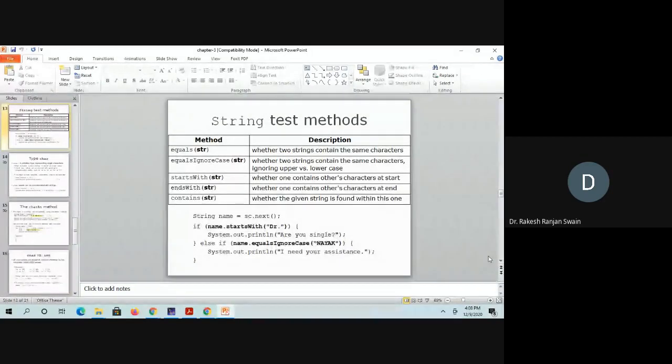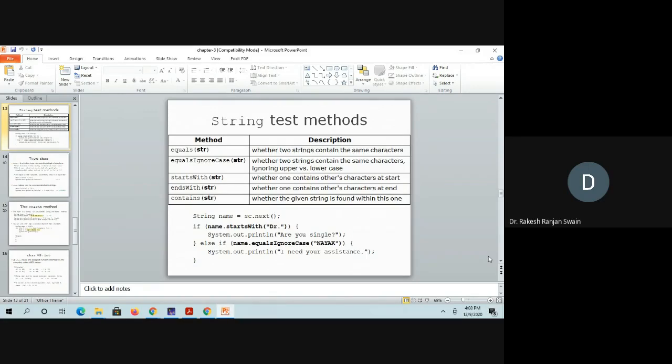So in the previous class I discussed up to this, and today we discuss some other things about string methods. First I recall the methods we discussed: the equals method, equalsIgnoreCase, startsWith, endsWith, and contains.